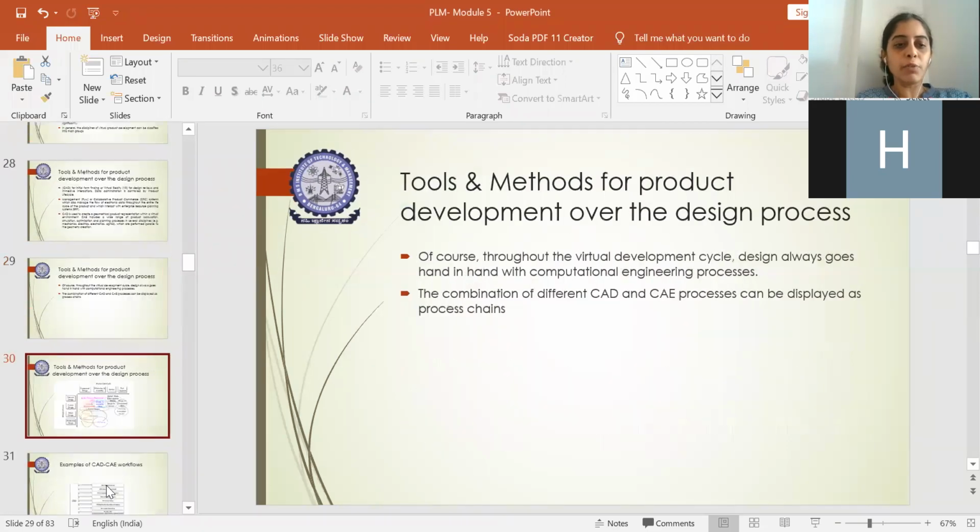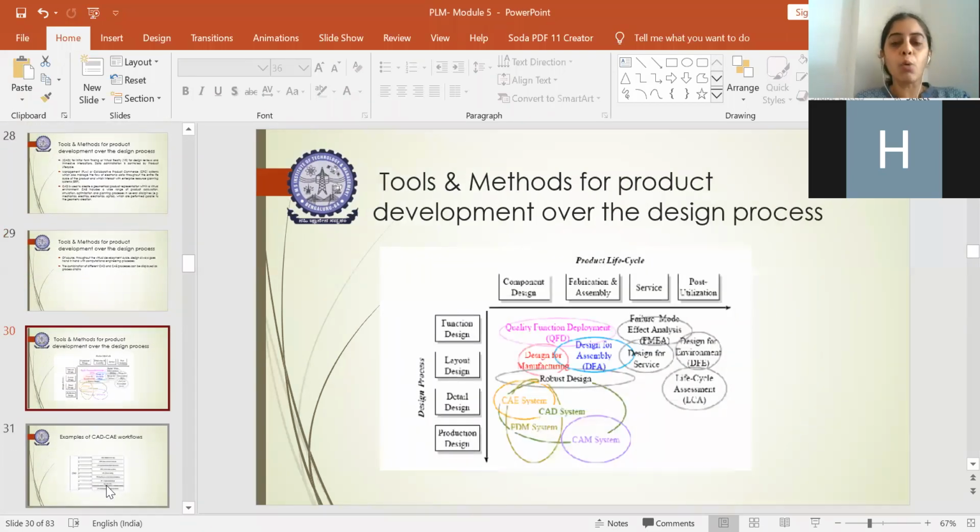Okay, so now we have to figure out how it works exactly, right? Now we are aware how our product life cycle goes on. It has 5 phases which start from the initiation to the decline phase, right? Similarly, we have the design process which is done manually. Now we have to embed our product life cycle process into any product with the design process that we follow in a virtual environment.